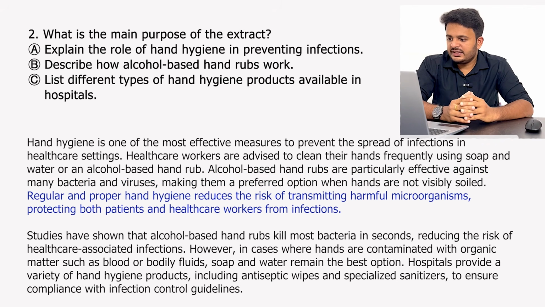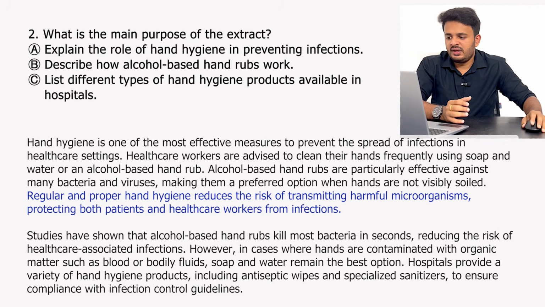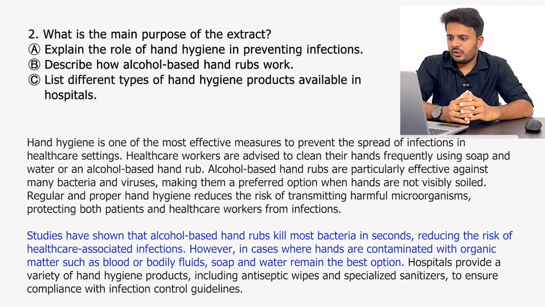Regular and proper hand hygiene reduces the risk of transmitting harmful microorganisms and protects both patients and healthcare workers from infection. This sentence again restates the importance of proper hand washing or hand hygiene. Next paragraph. Studies have shown that alcohol-based hand rubs kill most bacteria in seconds, reducing the risk of healthcare-associated infections. However, in cases where hands are contaminated with organic matter such as blood or bodily fluids, soap and water remain